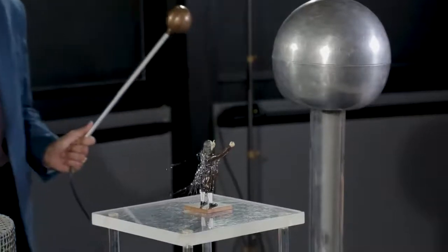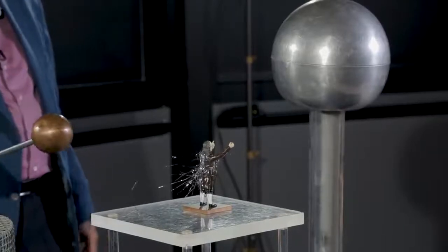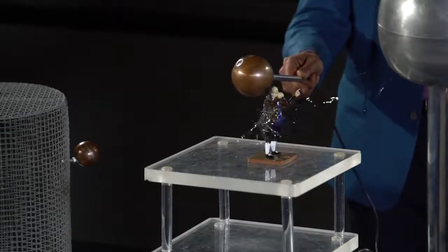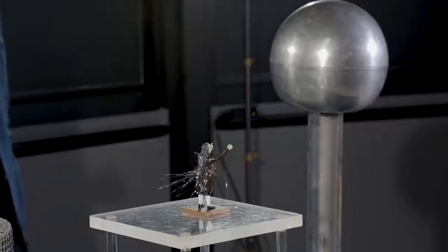And you see Mr. Franklin there getting a little bit uncomfortable. You see his hula skirt streaming out behind him as he is in right now in quite a large electric field. As you can get a sense there, he's not so happy at this point. Maybe I'll turn it up even higher. There you see,